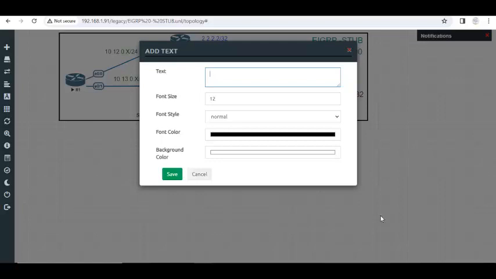In EIGRP, we have stub connected, stub summary, stub static, stub receive only,